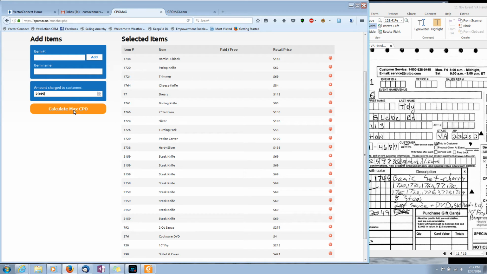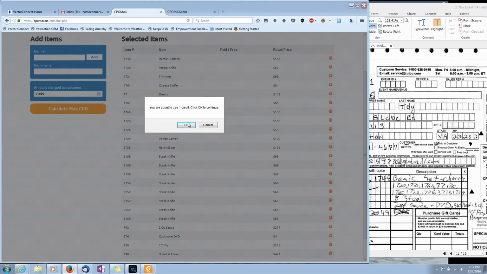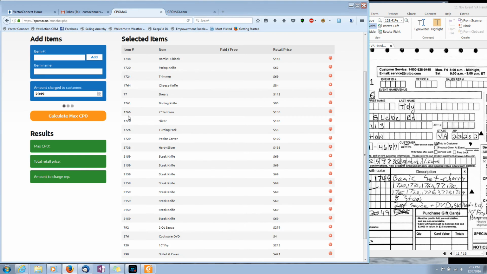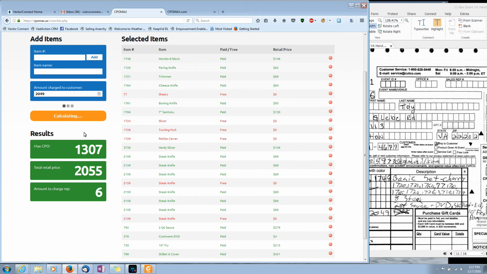So I'm going to put that in and then hit calculate. And we're about to use 1 credit, so that's okay. And you see as the algorithm runs, it works its way closer and closer to the most efficient way to do this order. And so it's going to process through that slowly. As it's processing, just a couple of things here. This amount to charge rep,